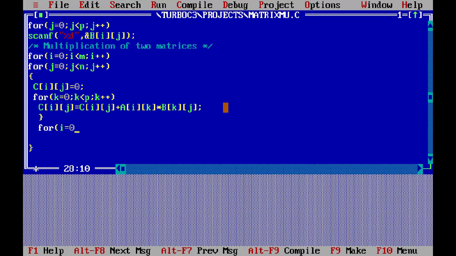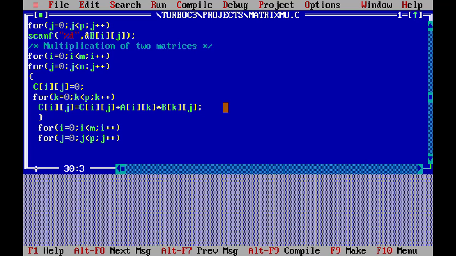So I am starting to write for i equal to 0, i varying from 0 to m, i plus plus, and for j equal to 0, j varying from 0 to p, because the order of the resultant matrix is m by p, j plus plus.